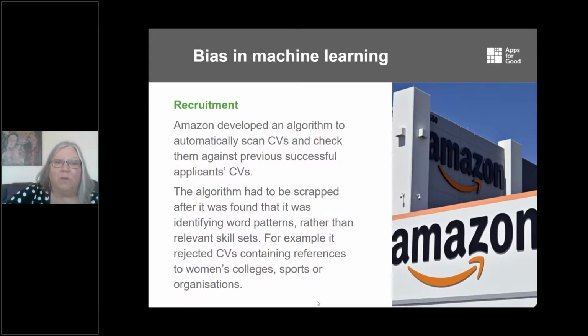But obviously what it did was replicate what it was being fed. So if most of the people that had been recruited were male, it would be looking for any clues that it might be a female. If a CV mentioned women's colleges or sports or organisations, then it was more likely to be rejected. So an unintended consequence of trying to remove bias.